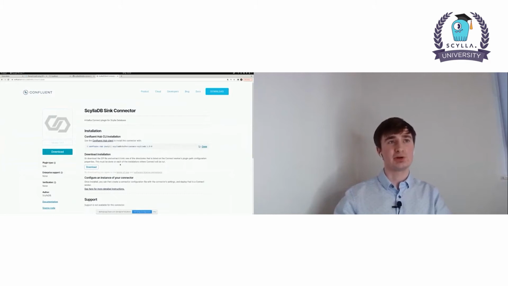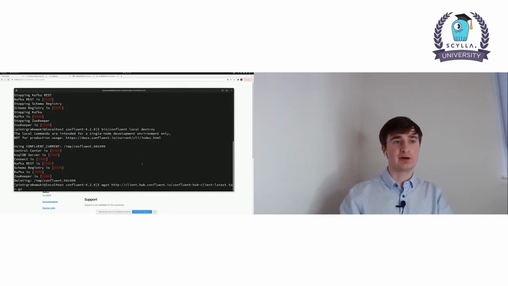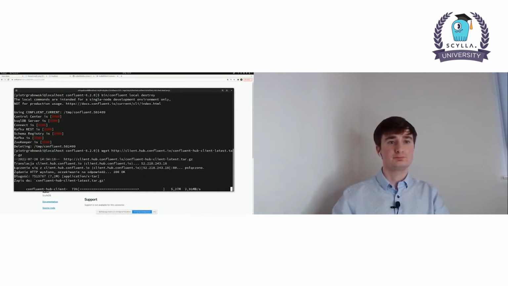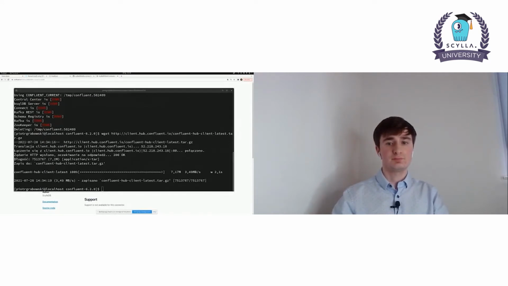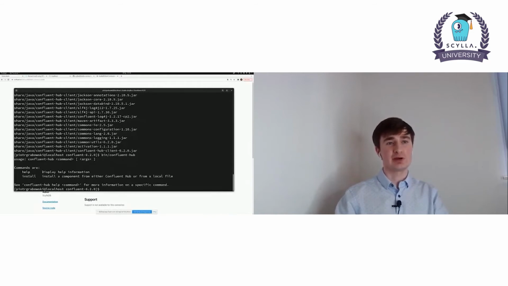So let's go into it. Let's install Confluent Hub and then install the sync connector using Confluent Hub. First, we will download the binary of Confluent Hub. Then it's as easy as extracting it. And afterwards, you can just use the Confluent Hub command to install connectors.